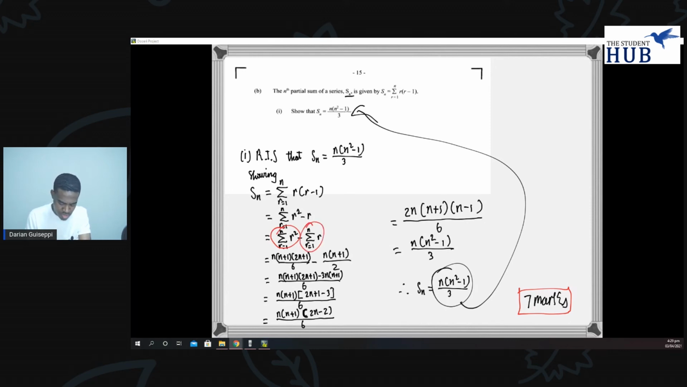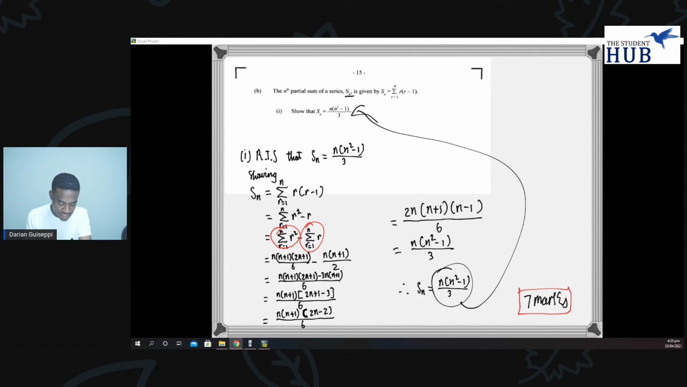So that is what you need to remember. And just want to check, right? Those are just some standard results that you need to remember for summation, right? Those are the